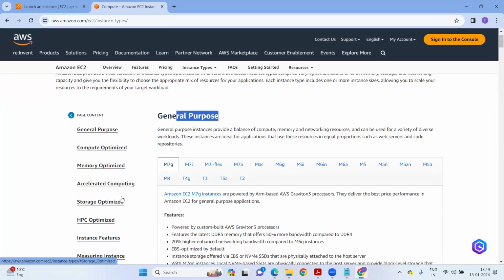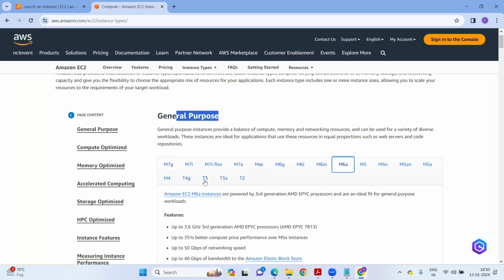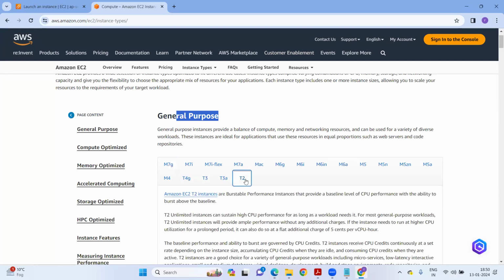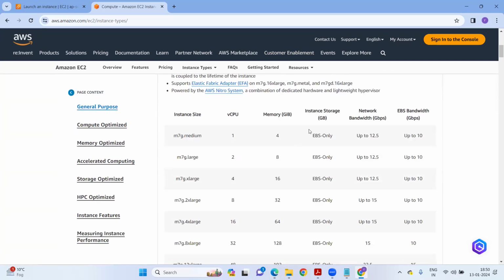Like I've given the example of buying the laptop. If you go and search the online laptop, you will get a lot of qualities in hardware. Similarly, this is the option. When you are going to create a compute, AWS is giving you a lot of options in terms of this M series, Mac series, M6 series, T series, T2 series. In this example, if I go with, let's say, M7 series, they are giving these